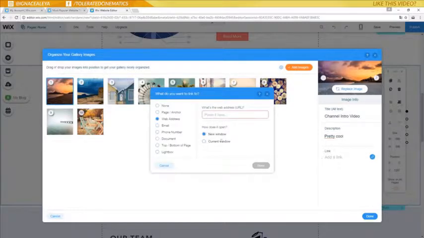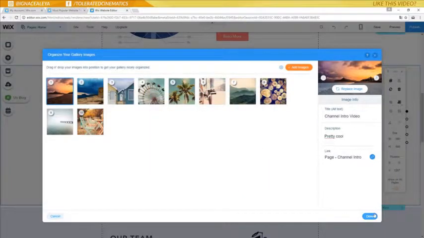Click on the link, and here we have some options. So we can go to a specific page. If you want to, you can link these images to go to one of your pages and make pages for your portfolio items where you have a description for everything, which is neat. You can email, whatever you want. I'm going to click lightbox, and if I click lightbox I will see all the lightboxes that I currently made, but we only made one here, so that's the channel intro, so be sure to give everything a name. But if we click on that and just click done,